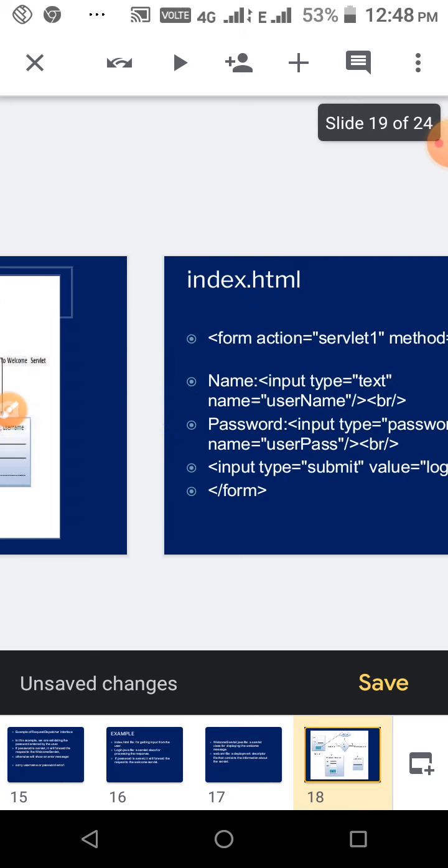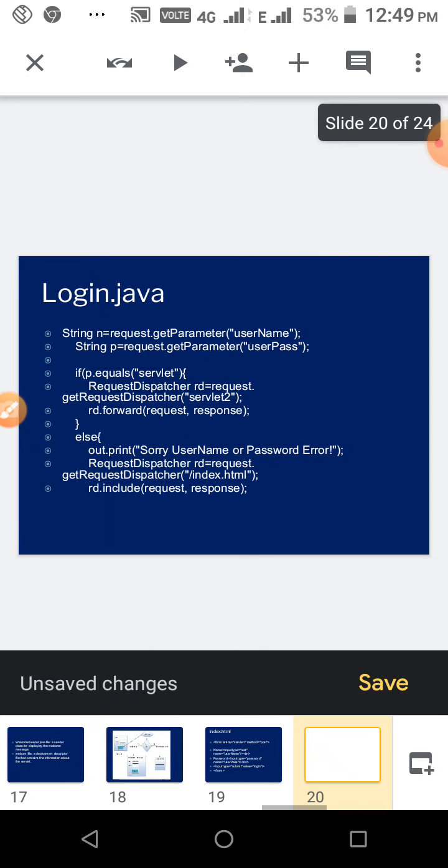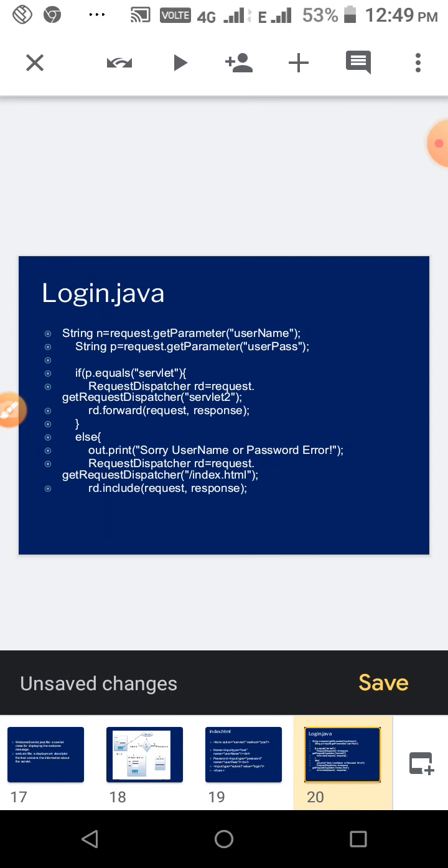Okay, the important thing in this example is how we are using the dispatch option. See, this is the design page, index.html, where we give username and password, and then click that submit button.